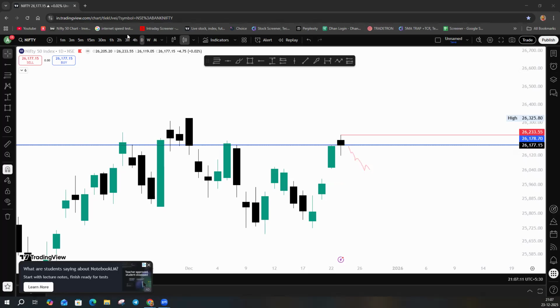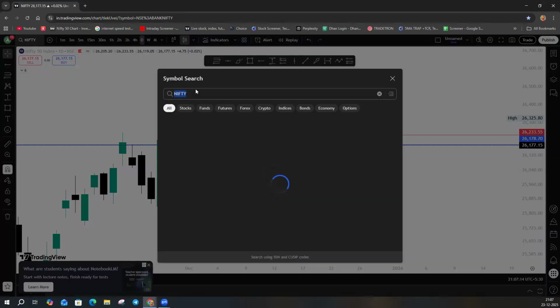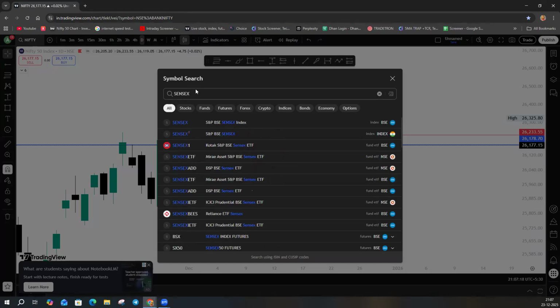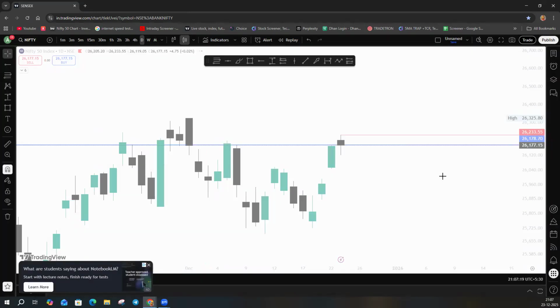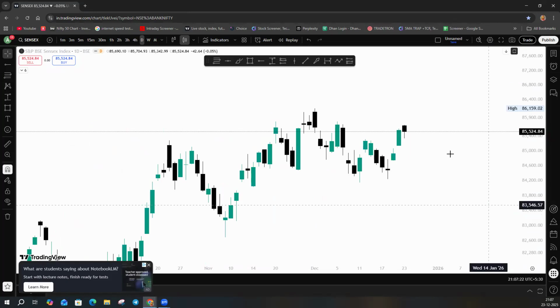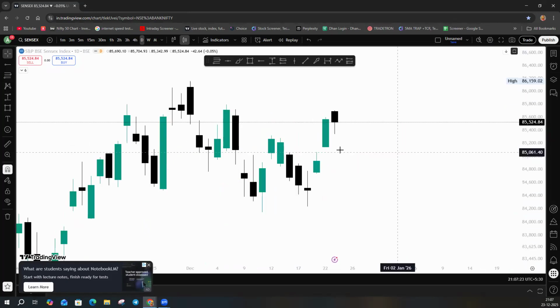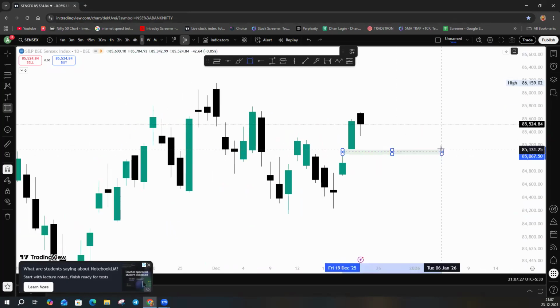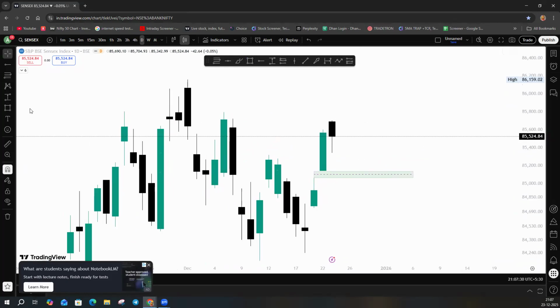In the same way, if we look at the Sensex chart, you can see the Sensex. Here you can see some gap, as per gap trading. If anyone is saying that the market can go down, then you just see if the lows are breaking, the market will be targeting this gap. So you have to just wait for this gap to be filled.